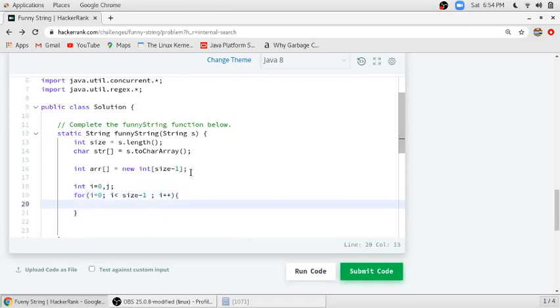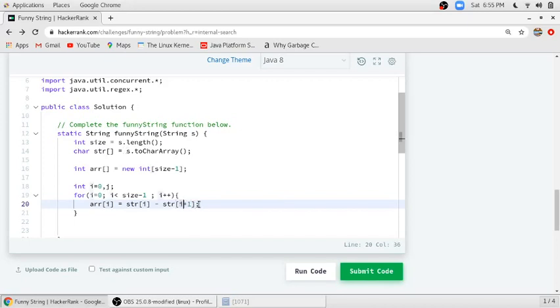What we will do in this for loop is find the difference between the adjacent characters, using this character array, that is str of i minus str of i plus 1.